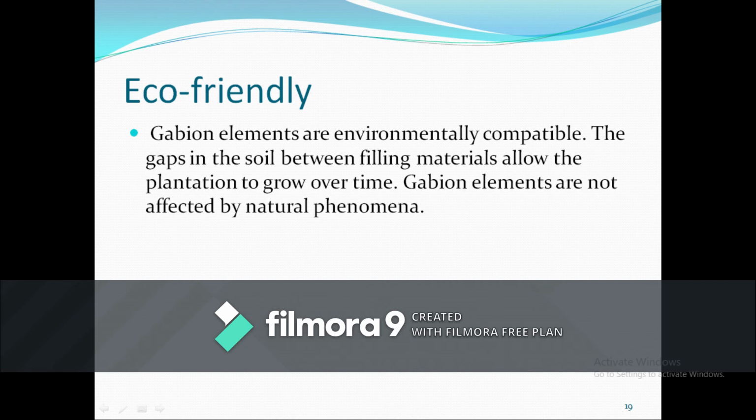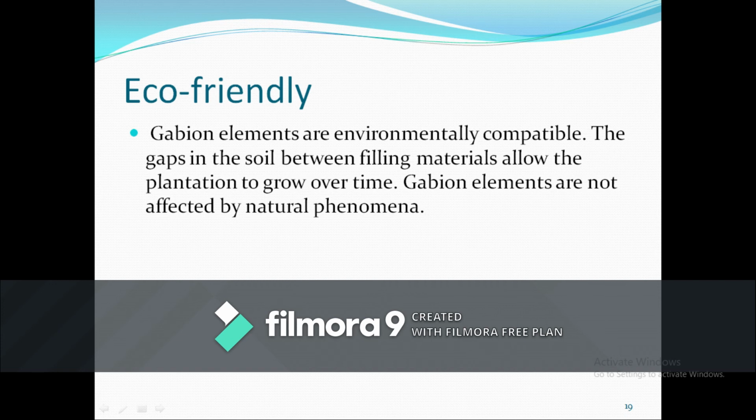Gabion elements are environmentally compatible. The gaps in the soil between filling materials allow plantation to grow over time. Gabion elements are not affected by natural phenomena. So what is the main thing here? It is not affected by earthquakes or any natural calamities, and you are able to grow crops.